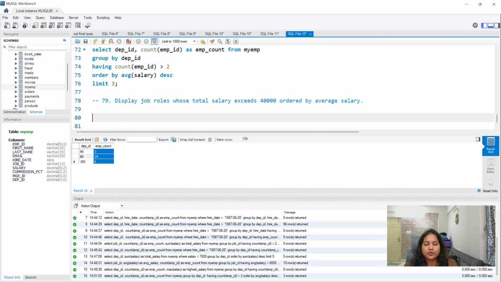So now the last but one: display job roles whose total salary exceeds 40,000, order by average salary. This is also an easy question. Job_ID whose total salary, which is the sum of salary, as total_salary. And then the average of the salary also I am taking.